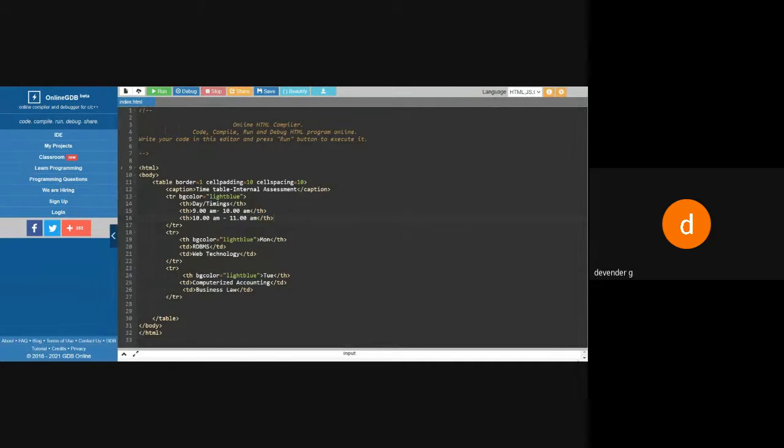These are the attributes used in the table tag. They will not be repeated in any other tag. Like BG color, which is common for all tags, but border, cell padding, cell spacing, row span, and column span are only applicable for the table, not for anything else. Is it okay?